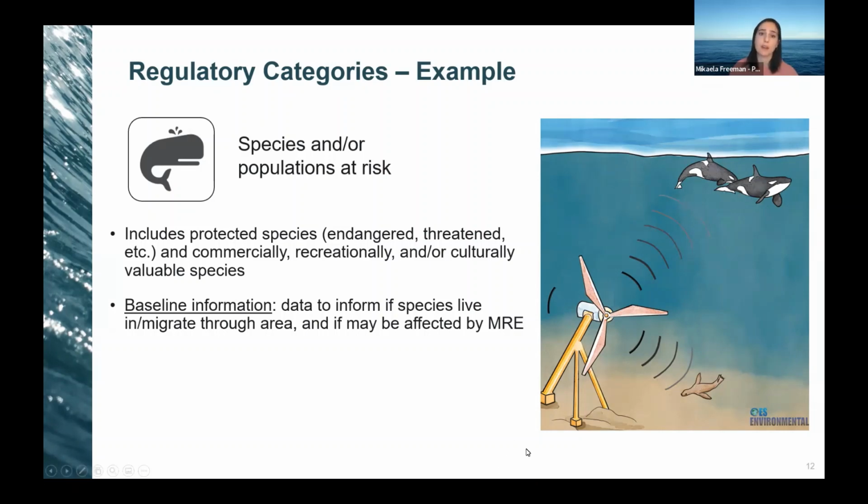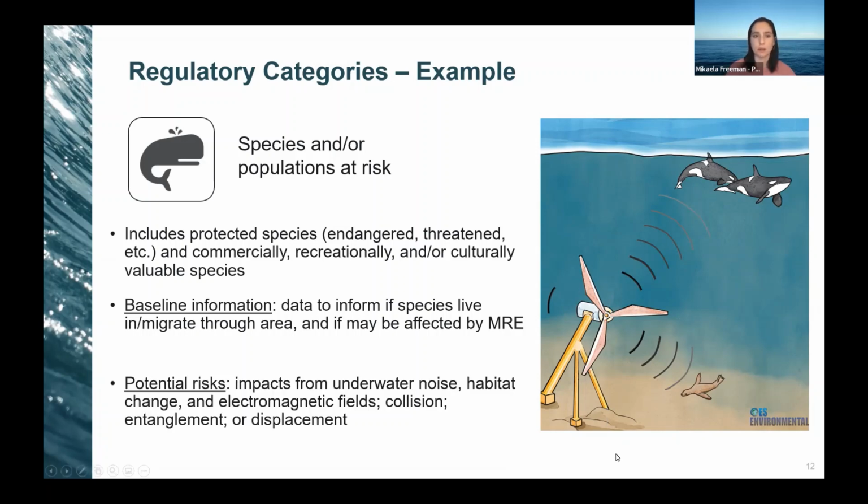And specifically, that may include characteristics of species, so species distribution, population size, life history, and behavior, among a few, and characteristics of the marine renewable energy project site. So species diversity and abundance might be 2 of those. And information here will really aid site selection, and it will help to minimize or manage site and technology specific risks. Under the risks identified for this category, this includes collision risk, underwater noise impacts, change in habitat, and electromagnetic